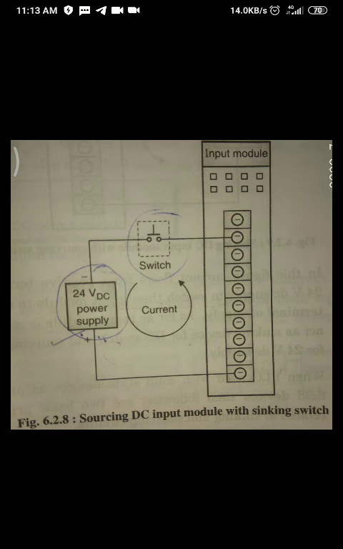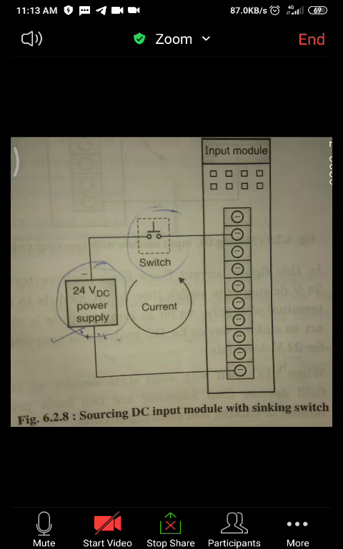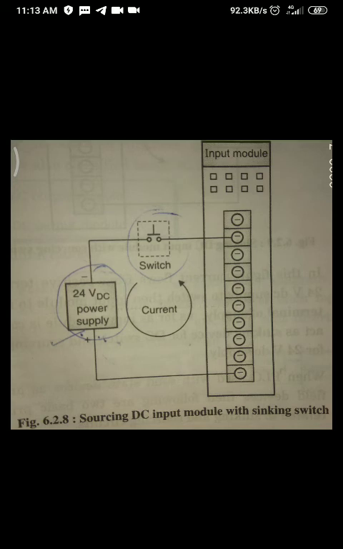See, but again, the terminals of the battery are reversed. Okay. So what is happening here? The positive terminal is at the lower side. It is giving current to the input module. Then from the second terminal of the input module, the current is given to the switch. Getting it? So here your input module is now becoming the source and the switch is becoming the sinking. Just by reversing the terminals of the battery, the operation is the same.